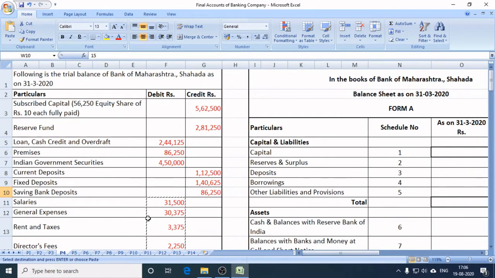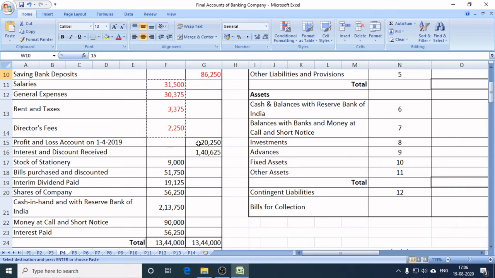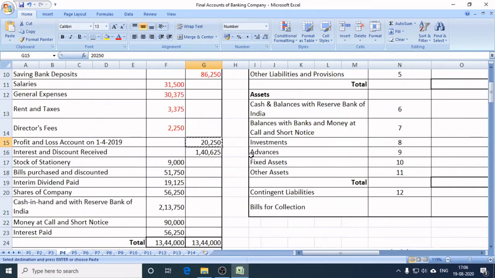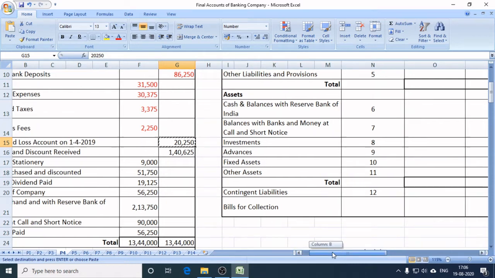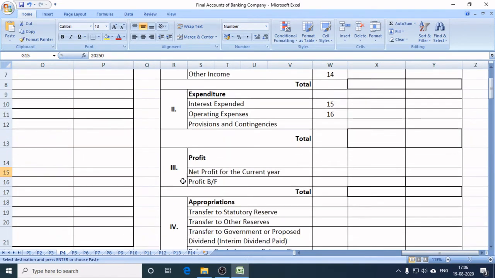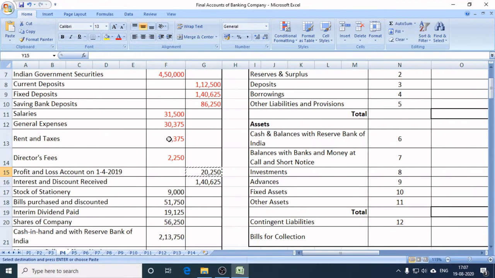Okay. Now next in the problem is profit and loss account as on 1st April 2019. Now look here, we are told to prepare financial statement as on 31st March 2020, and the beginning date of this accounting year is 1st April 2019. So here we have the opening profit of a bank of this financial year, and this profit we should show in form B. I mean to say profit and loss account here in the third part next to profit brought forward here in the column of current year, because this is last year profit brought forward. Okay. Now next in the problem is,